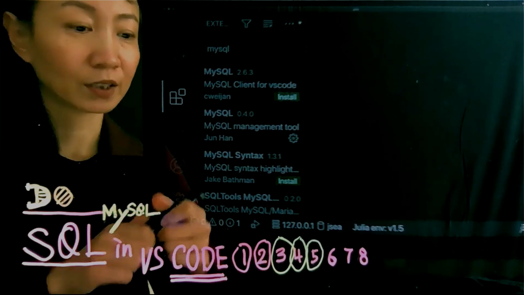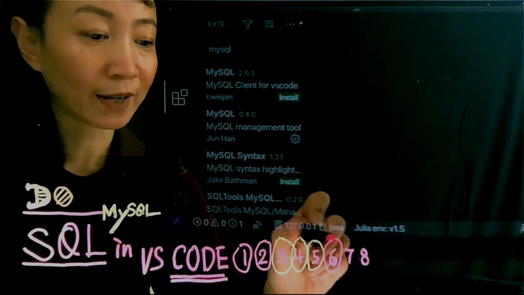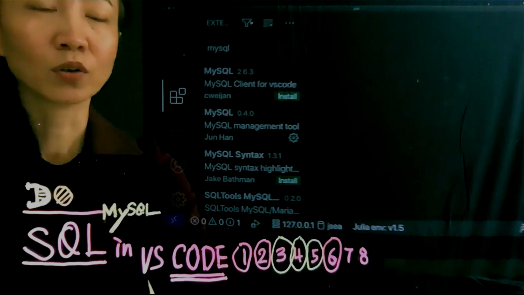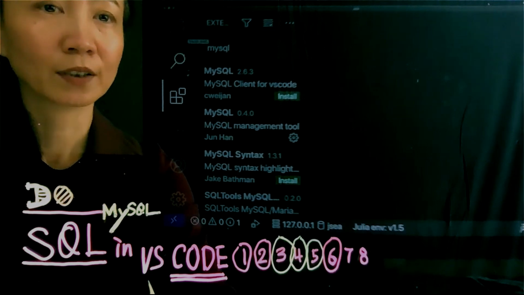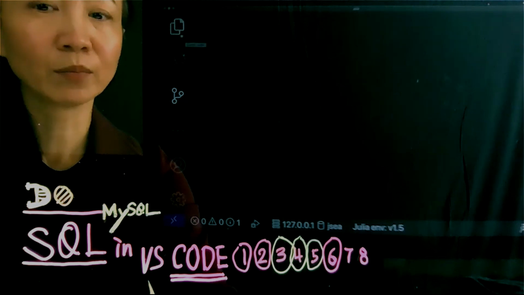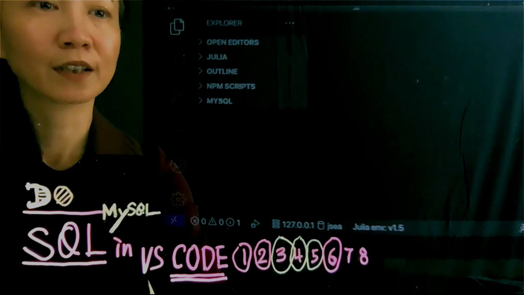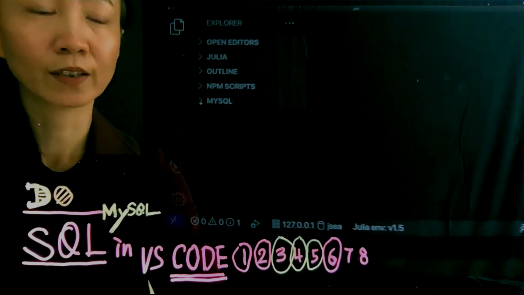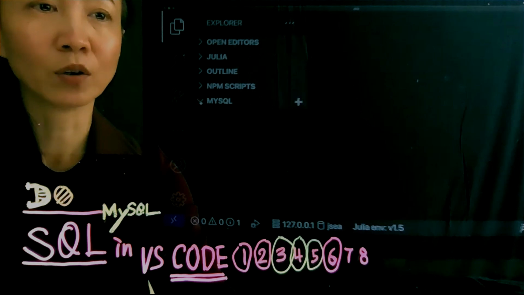Next step, we need to make a connection in Code to the local MySQL server. Hide extensions, and this time you open the Explorer. In the Explorer, go to the last item in the list, open MySQL.